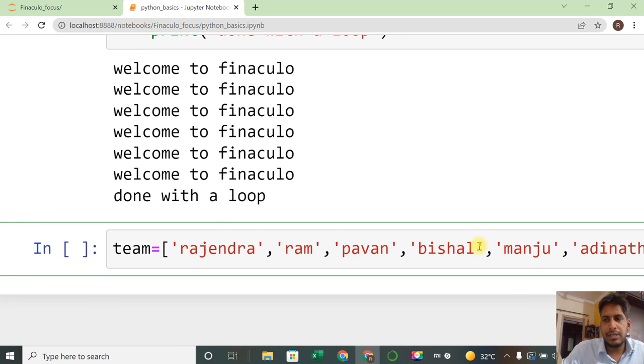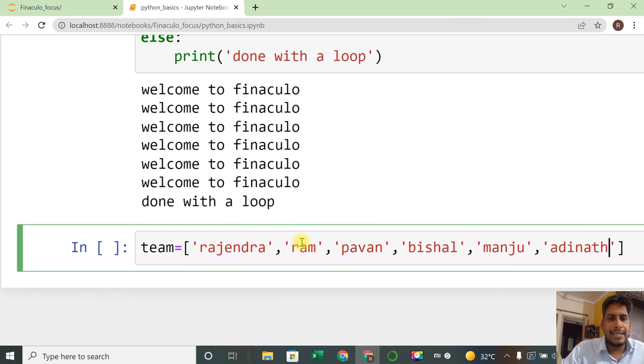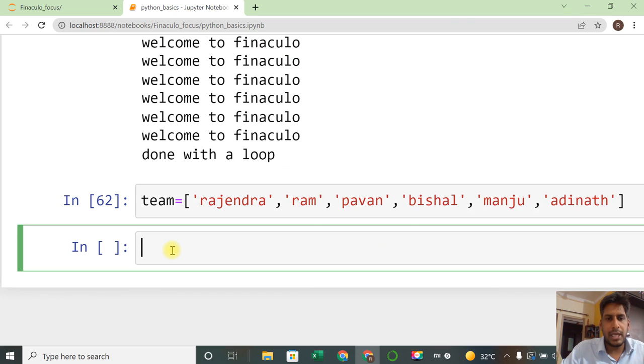I have some team names, a small name for each of the team members. I just want to iterate through this team one by one and print the name. For a for loop, you can give any common name for each of the things you are iterating. For example, I say for x in team,